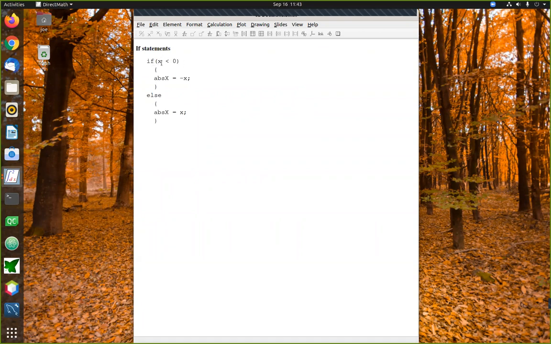The test always has to be enclosed inside parentheses. And in a few minutes, we'll talk about a variety of ways that you can make tests, but here's a very basic example. We're asking a question about the value of a variable x. We're simply asking the question, is x less than 0? Or in other words, is it negative? Right? And whatever question we ask has to be phrased in such a way that it has a strict true-false answer. It has only two possible outcomes, and those outcomes are either true or false.